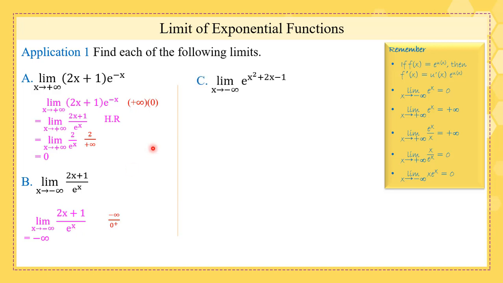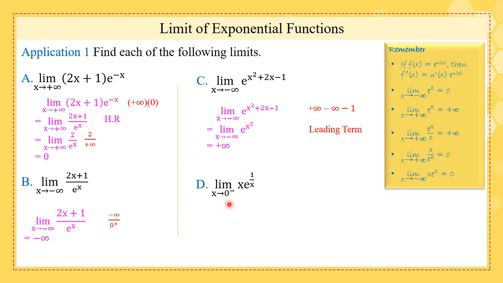Now the third case, try also to do it alone. Well, if we substitute for this exponent, we get plus infinity minus 1. But here we can apply the leading term method because we have a polynomial here. So this would be nothing but the same limit of e to the power x squared. And if we substitute x by negative infinity, we get e to positive infinity, which is positive infinity.